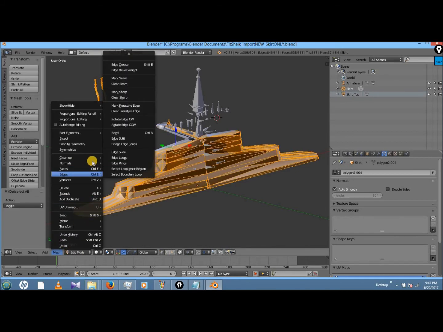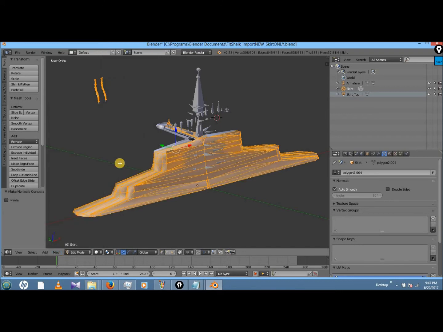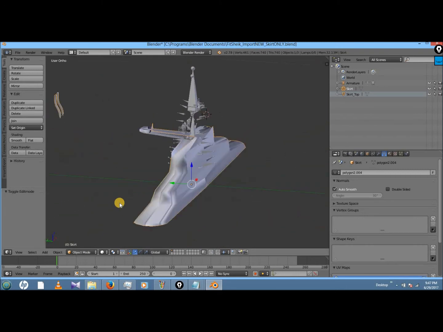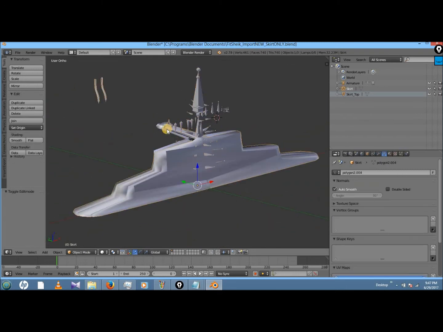I'm going to see if I can fix these normals though. That's much better. Much better. And then I'll do the same with that, because these normals are whack.